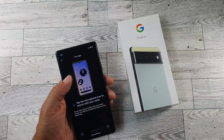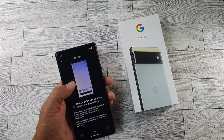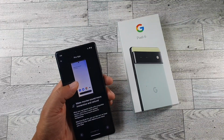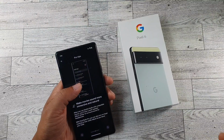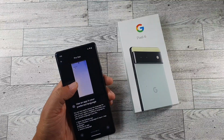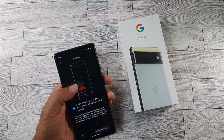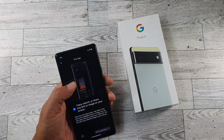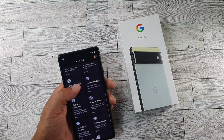share an app instead of your whole screen when recording, tap the microphone icon to search with your voice, battery saving tips, and make movies and sound more immersive and natural with spatial audio for certain movies, where you'll hear a multi-speaker effect to surround sound for headphones, Pixel Buds. You can also turn head tracking on. You also have your preferred language, screen orientation, copy and paste, and text on image. For an image, you can copy and paste the text on there. So a lot of nice features with this new